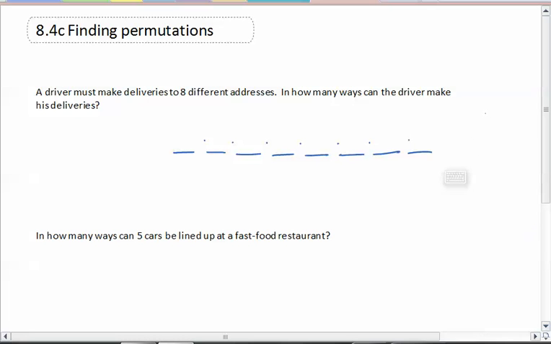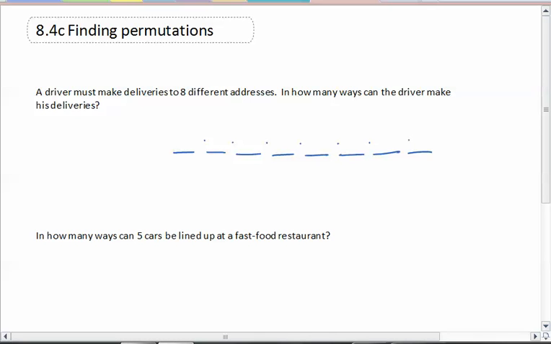You can't make the same delivery again. A permutation is just an ordering of objects or things in a sequential manner. So ordering